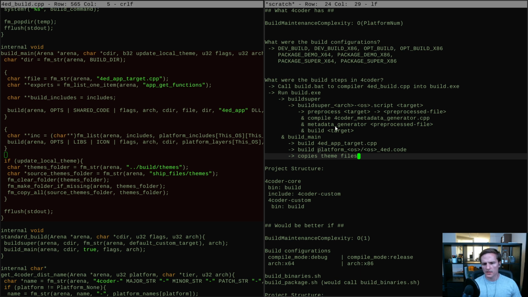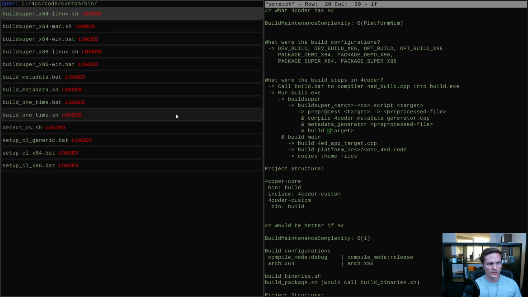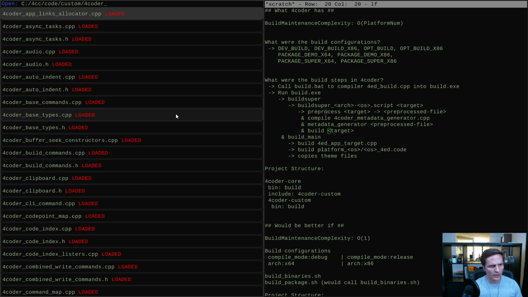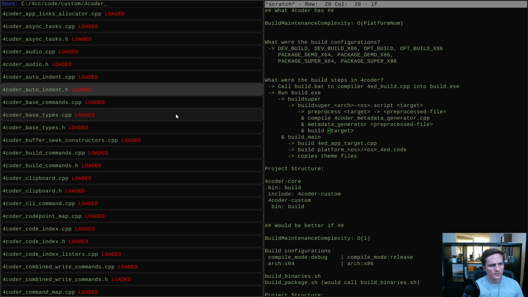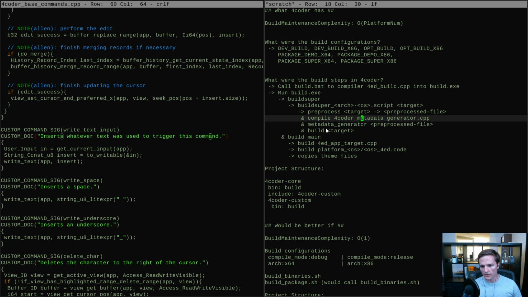So let's think about this. Why was the build super doing all of this? The main reason... The custom layer is not set up in a way where it's obvious where you actually want to look. 4coder base commands. Does that give me something good? Yeah. So here we can start seeing that what was happening with 4coder was I had these function signatures that came in through the DLL, and they wanted to act as commands, but they wanted some metadata attached. So each one was a function pointer for implementing the command, plus some data. And so all of this, the pre-process, the metadata generator, was about turning this